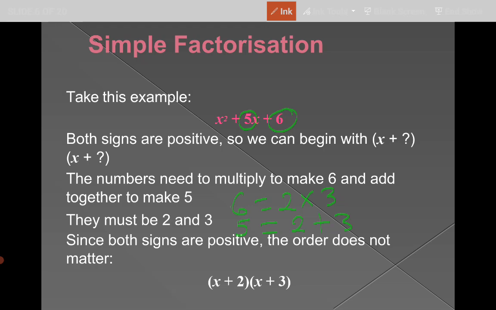Regarding the signs to be put in the brackets, we don't have a problem there. Why? Because we have a positive sign here and also a positive sign there. So therefore, both brackets must contain positive signs. Positive signs. So once factorized, x squared plus 5x